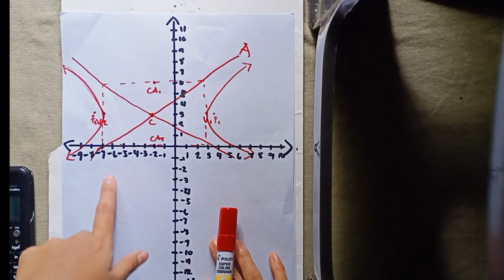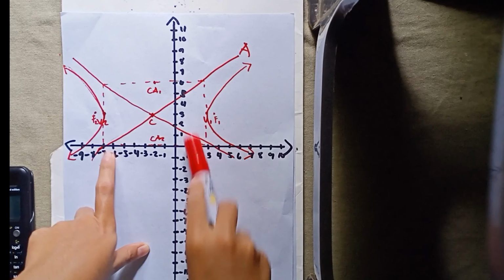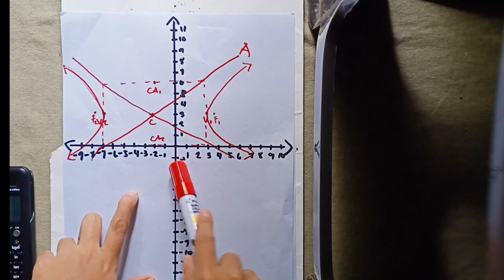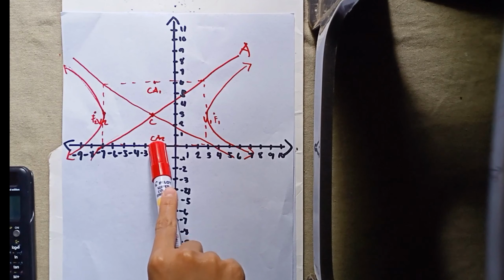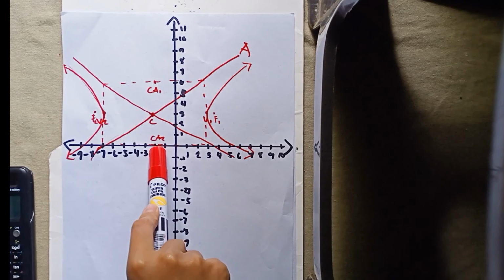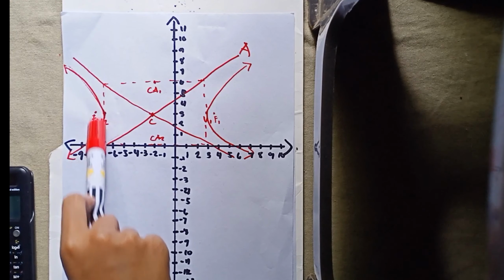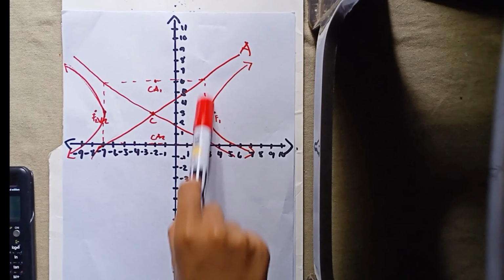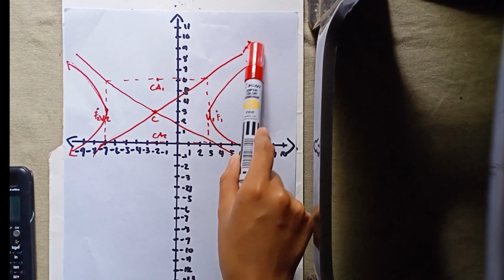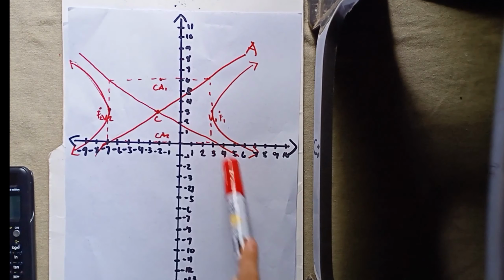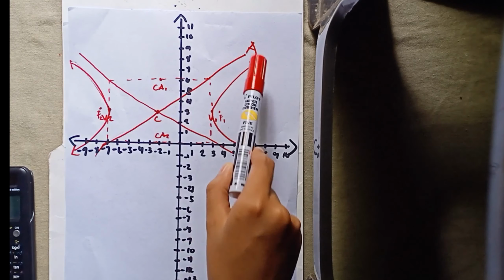Here are our vertices, first vertex and second vertex, and then our conjugate axis. We draw an imaginary rectangle so that we can draw the lines for our asymptotes. So this is our asymptote, and the asymptote will be the guide for our